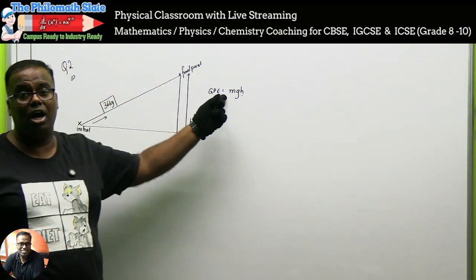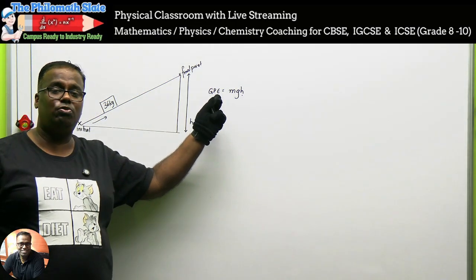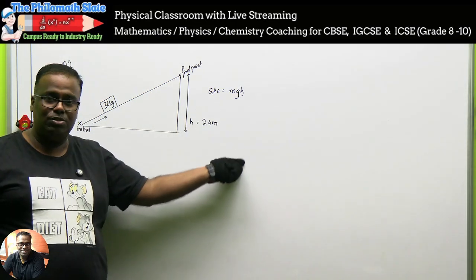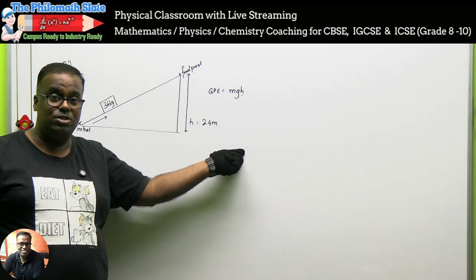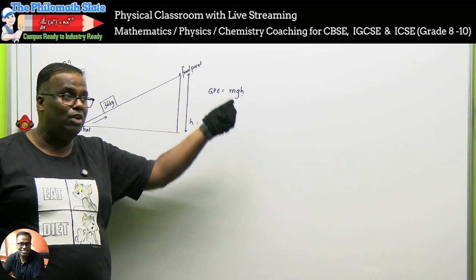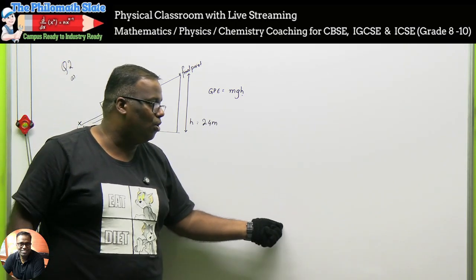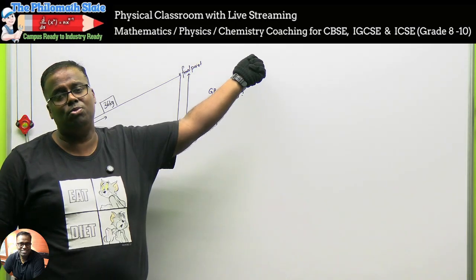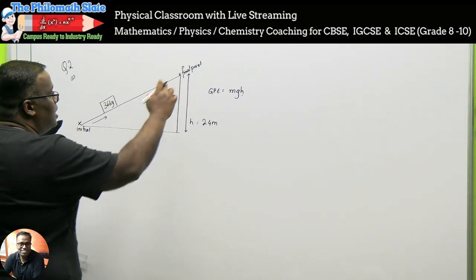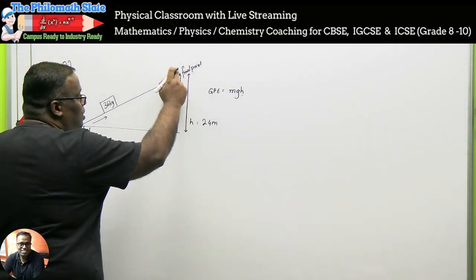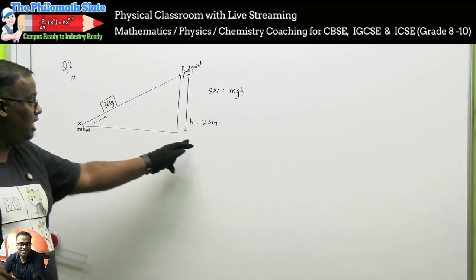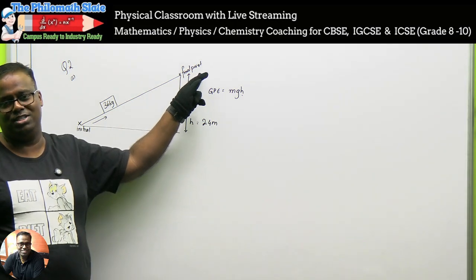This understanding is important. Why is it so? Think. How did we get this formula? We have to lift it with a force mg through a height h. Whenever we are doing work, it is energy. In work, force and displacement must be in the same direction. So if this direction is given to you also, just ignore it. The height is what matters to us.